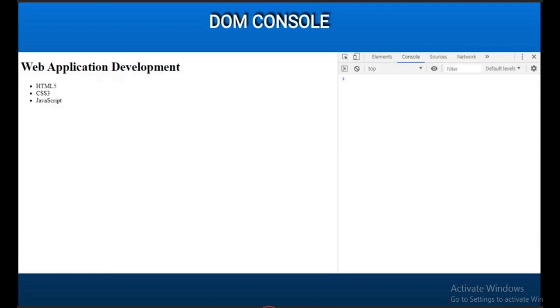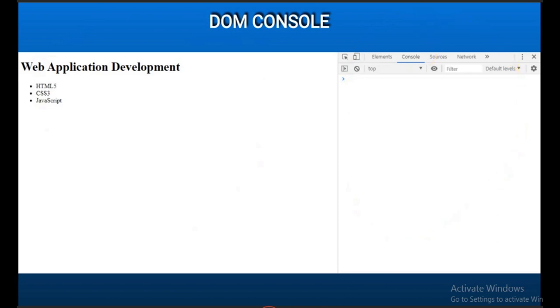Okay, we will now look into the fundamentals which we are going to use in the coming lessons. On the left side a web page is given, and on the right side we can see the developer console. This developer console is available in every web browser.